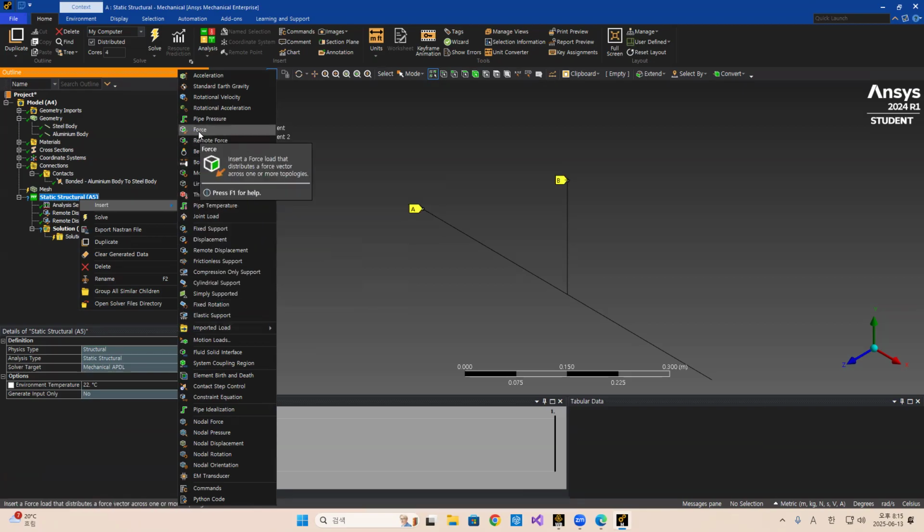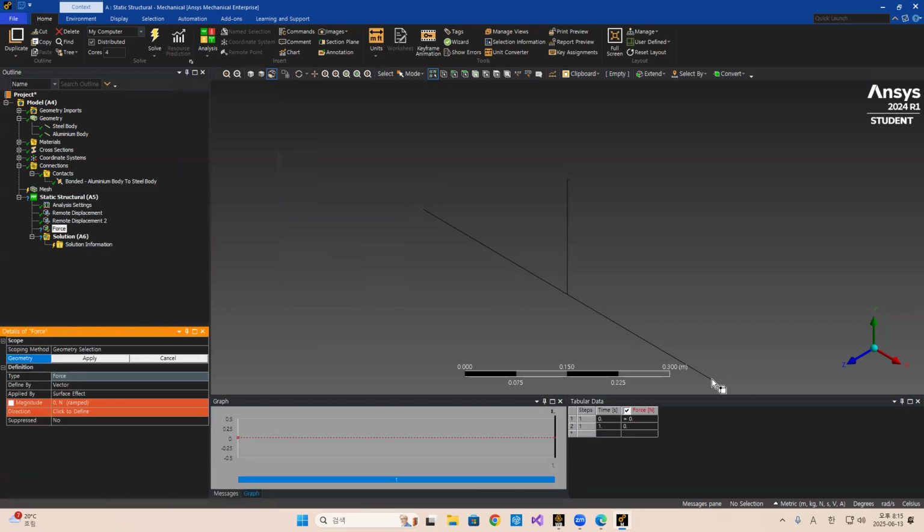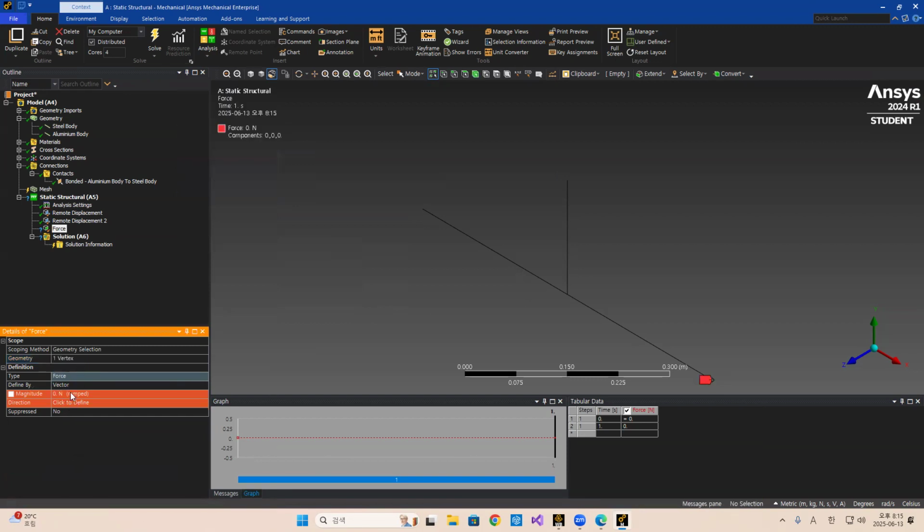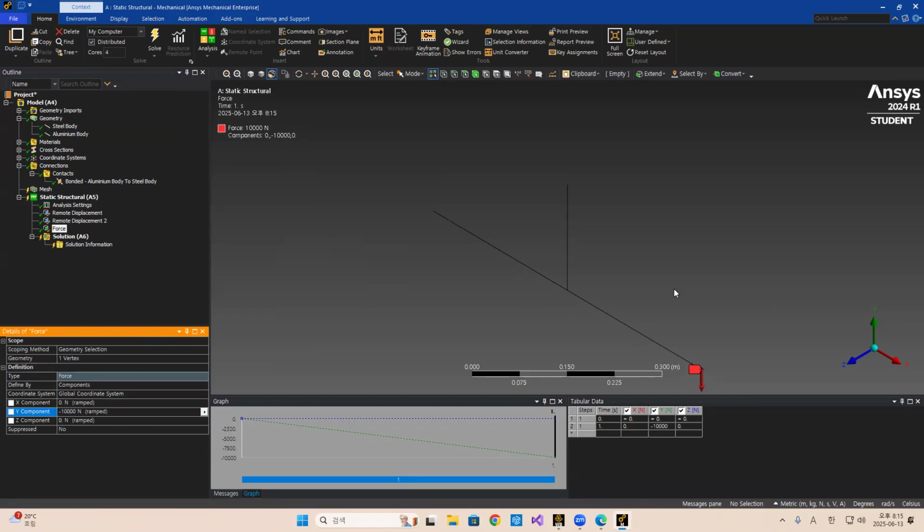Okay, there are many things here, right? Force. Apply, vector-wise or component-wise. I know the y component, so the y component is minus 10,000 newtons, because it is acting downward. So minus 10,000 newtons. At this point, similarly here,